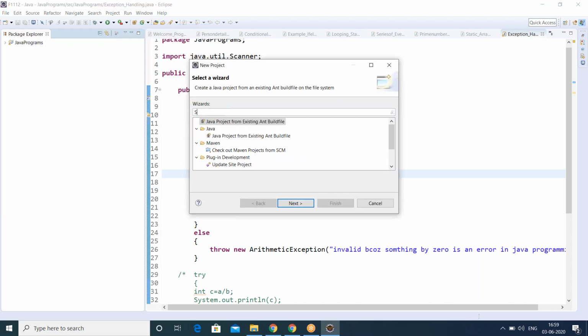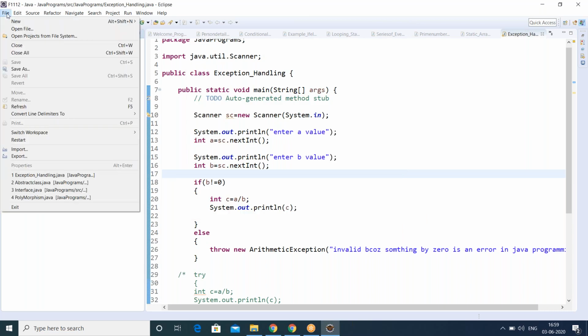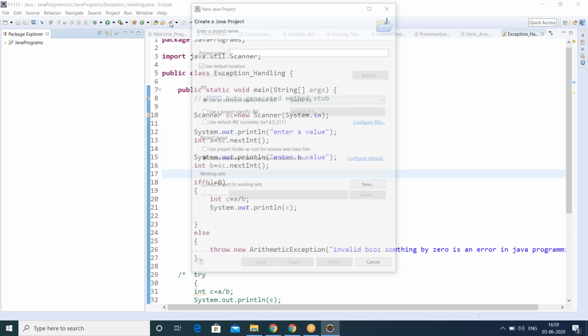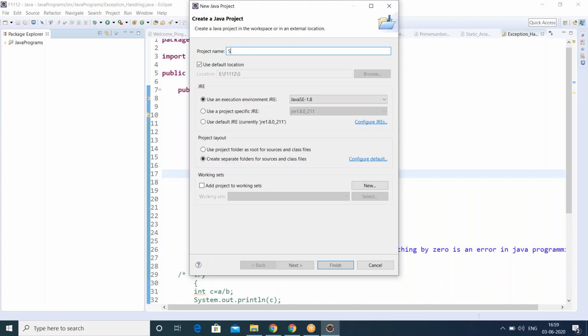Let me name it. I'm going to File, New, Java Project. My project name is Selenium project.